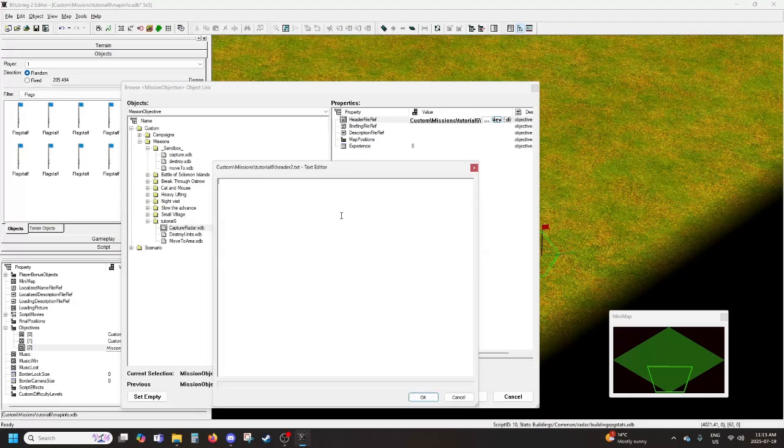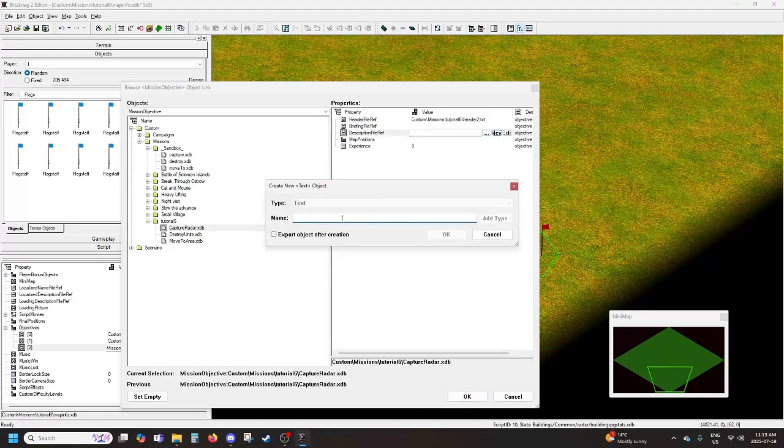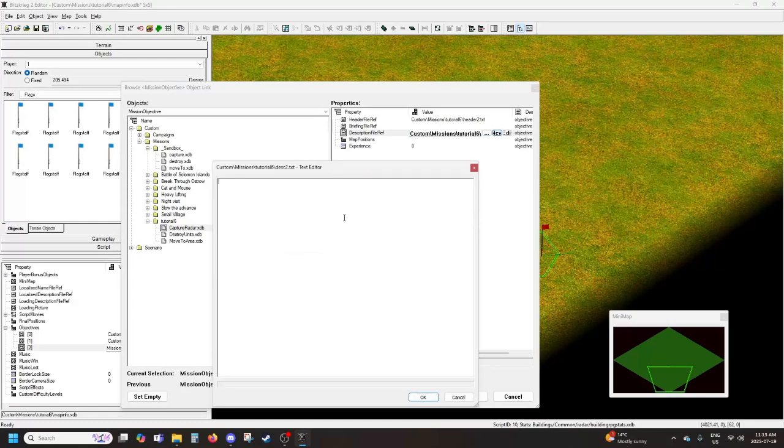So we want to go ahead, capture the radar, and save. And the description, capture the enemy radar